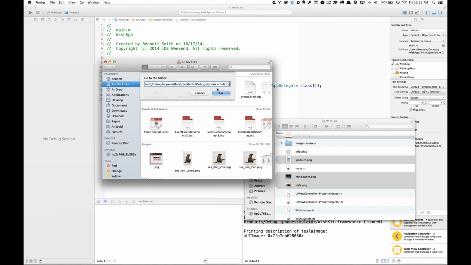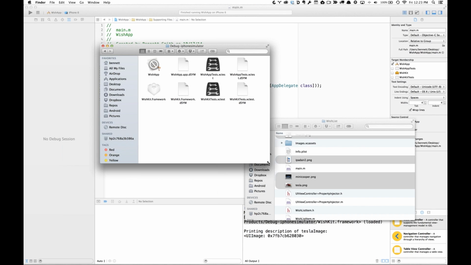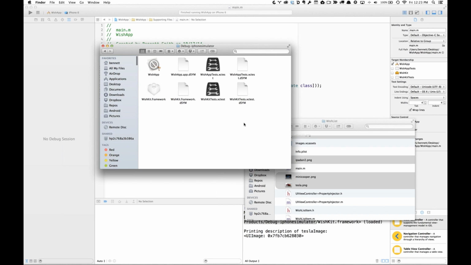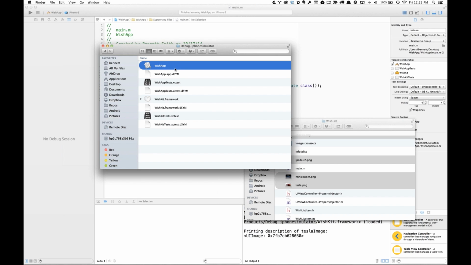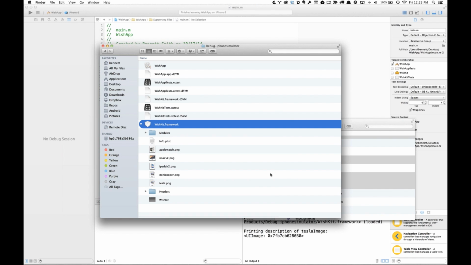I'm going to paste in this path, and so this is the folder now that the simulator is running our application out of. What we've got in there is the bundle for the application, the framework, and a bunch of symbol files and test bundles as well. I can start out here by expanding this framework, and you can see we've got the